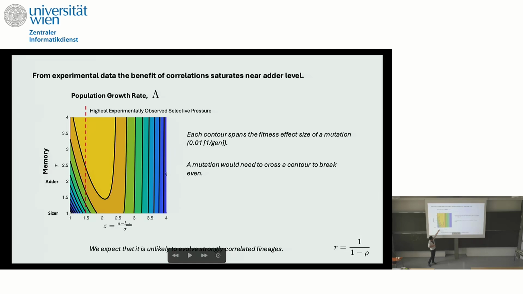And this is the closest we observed anything going towards the boundary. Okay? So the contour sizes are actually the fitness effect size of a mutation. The way you read this is, if you were at this size and you had a mutation to increase your R, you would need to cross at least one contour line to expect a net gain, right? If you don't cross at least one contour line, that mutation cost you more than you've gained